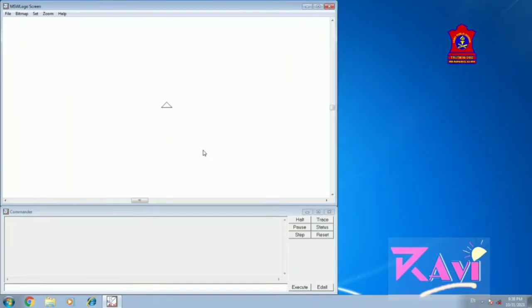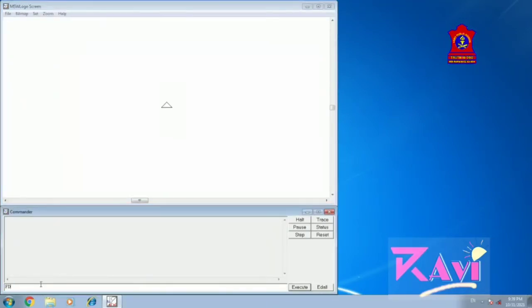Now we are going to learn one more command which is very much important, that is pen erase command or PE command. This command is used to erase a line while moving the turtle. Okay, so for example, let's type FD space 50, press enter.